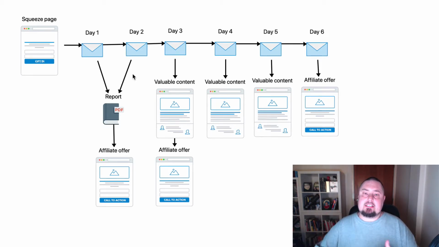So you build in anticipation for day 3. Then in day 3, we send them a piece of valuable content. So again, like the first 2 days, this can be a blog post, it can be a video, it doesn't matter. But somewhere in there, you're going to have another affiliate offer. It can be the same affiliate offer that you promoted on day 1 and 2. Doesn't matter. It can be completely separate as long as it's all relevant and helps your audience to solve a